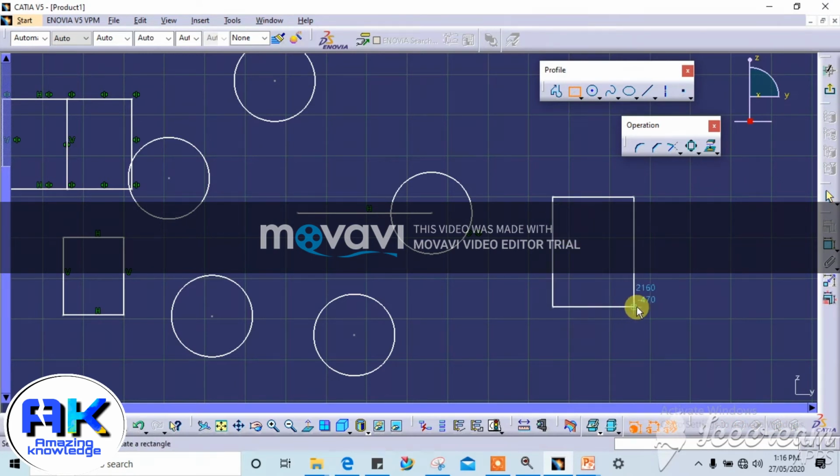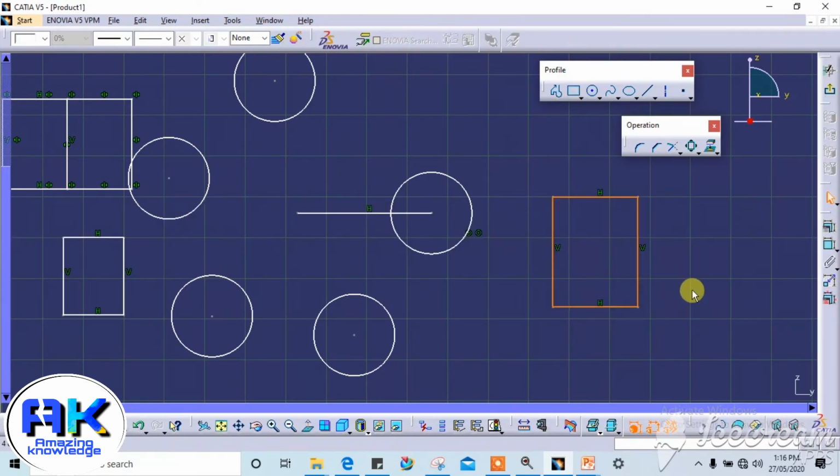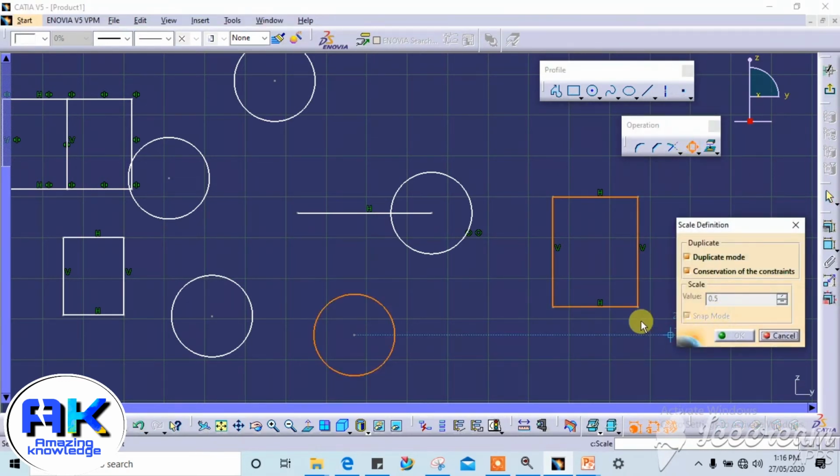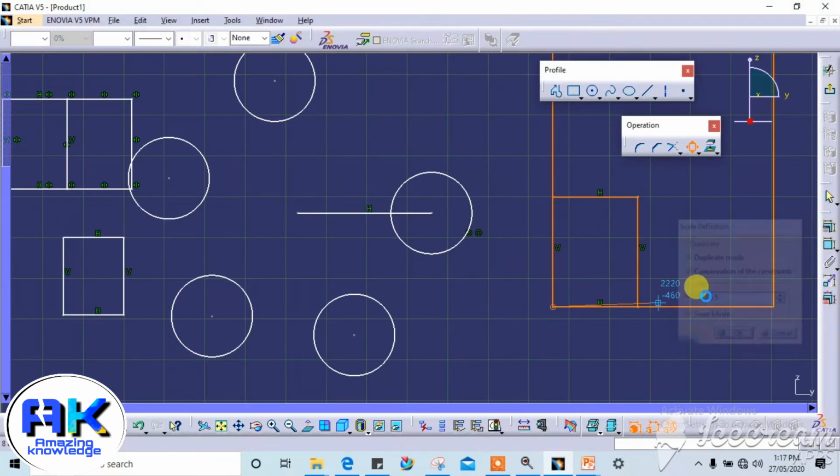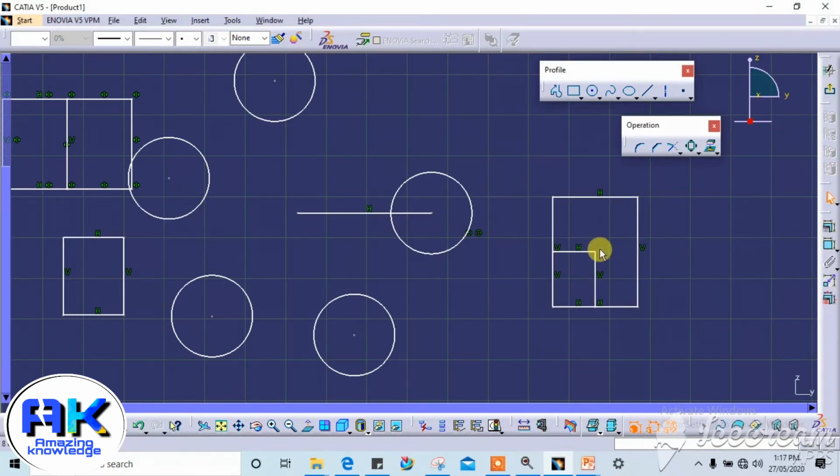Here I draw one rectangle. Suppose I want to use the scale command, then simply select the point where you want to scale it and put in the dimension. Suppose I put here half, meaning 0.5. Then automatically the rectangle comes, which is half of the previous rectangle.